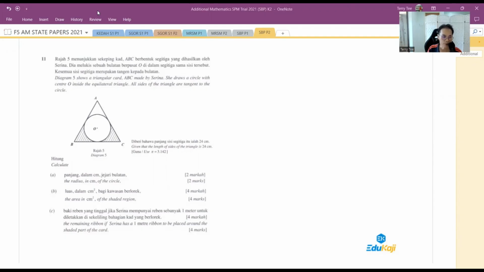Okay, maybe I just redraw it to make it easier to see. Draw it a bit bigger. You can see a triangle here. Now, when the line is a tangent, it means it's perpendicular here. And since this is equilateral, this angle is 60. When you cut in the middle, this angle should be 30. And this is your B, this is your O. Maybe you want to call this N or M, up to you. The length of the side is 24 cm, so the whole thing is 24. Half of it will be 12. So I put a 12 here, and I'm supposed to find